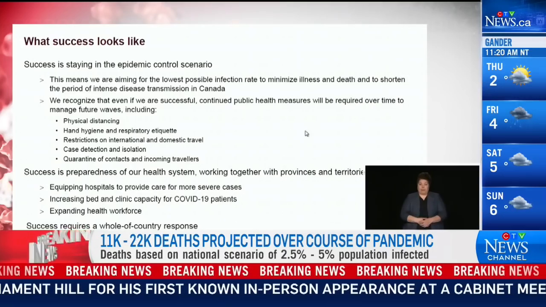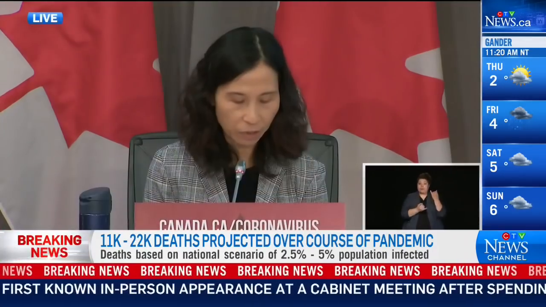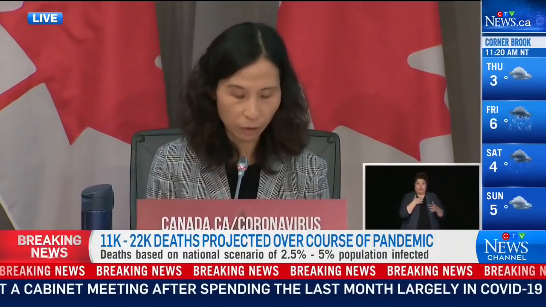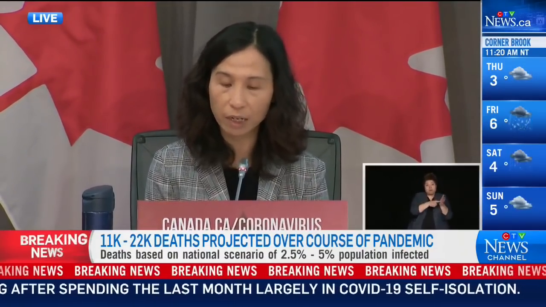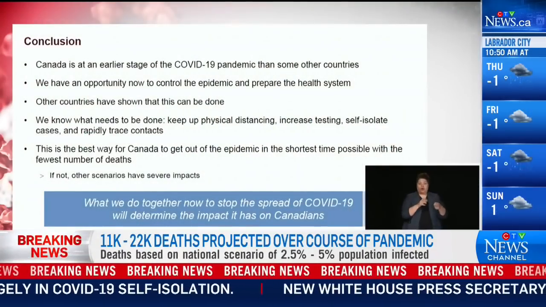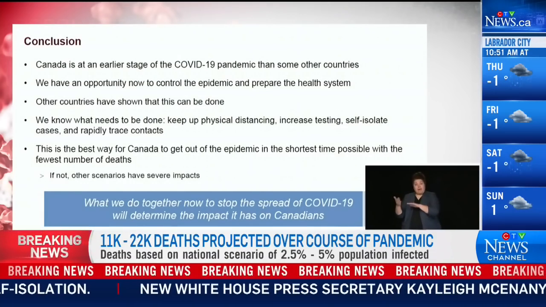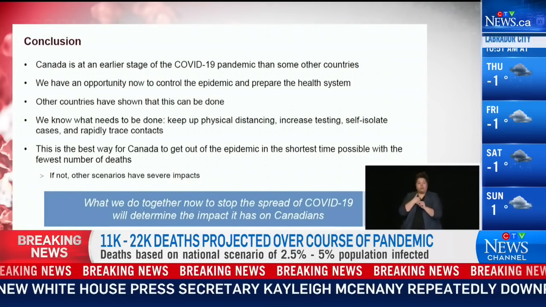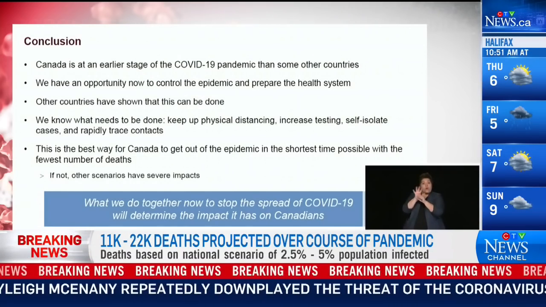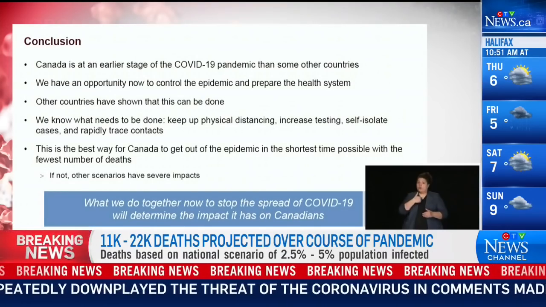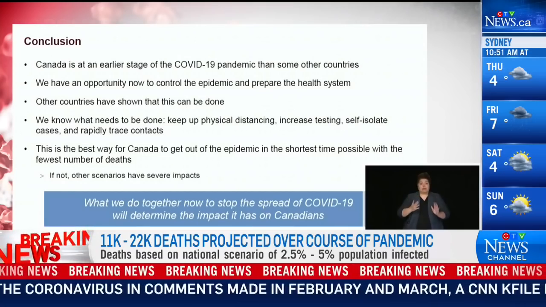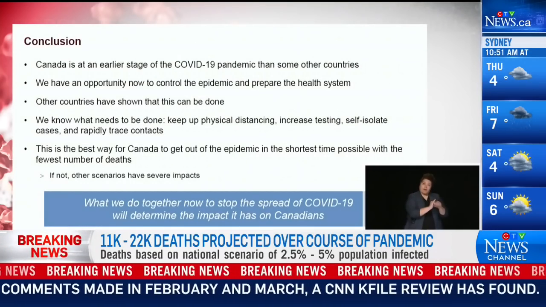So in conclusion, while some of the numbers released today may seem stark, Canada's modelling demonstrates that the country still has an opportunity to control the epidemic and save lives. We cannot prevent every death, but we must prevent all the deaths that we can. We all play a role in what the future will hold for Canada's COVID-19 trajectory. We must continue to control the epidemic using tried and true public health measures, including asking every Canadian to stay at home whenever possible, maintain physical distancing, meticulous hand washing, and cover our coughs.